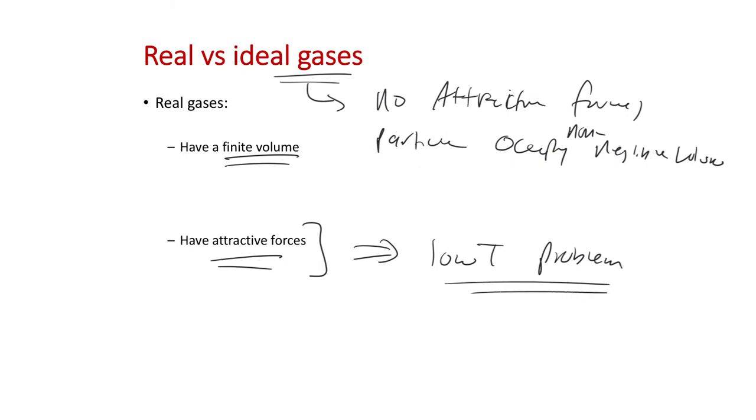Why low temperature? Well, what happens if you reduce the temperature of a gas? At some point, the gas is going to liquefy. If you're picturing, say, water vapor, a gas sample at a high temperature, a couple hundred degrees C, and you start lowering the temperature, you start getting close to 100 degrees C, say you're at 110 degrees C, you're going to start to get some condensation. You're going to start to get droplets forming within the gas mixture.